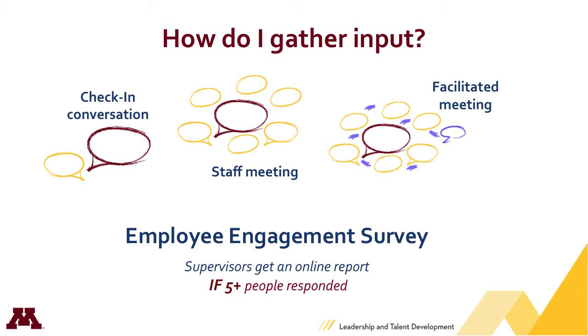So for example, you might bring the college level results to a department meeting and say, we only had 4 responses, so we didn't get a report for our department. But here are the results for our college. You can see scores were high for respect and recognition, but lower for support and resources. A lot of people in the college feel they don't have the information they need to do their jobs well. Do you think it's similar for us or different, and why? This will open the door to a conversation about your department using the college data as a starting point.